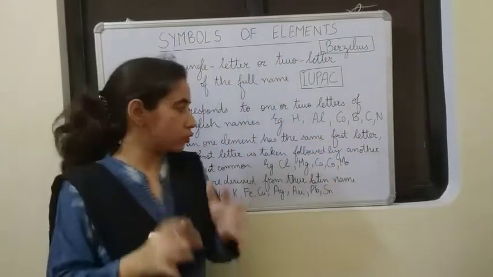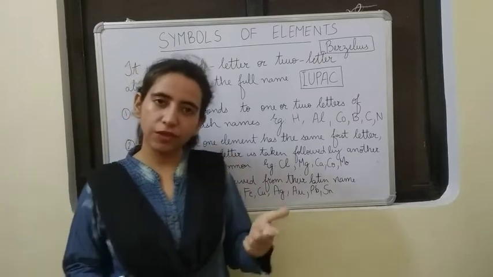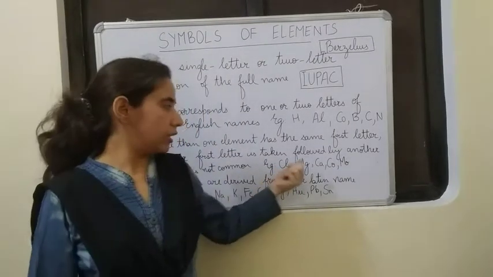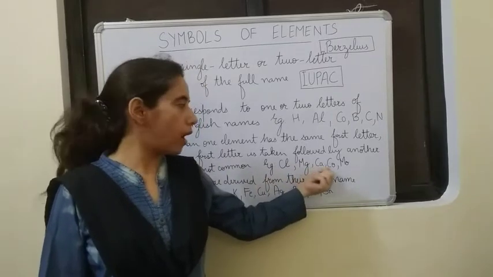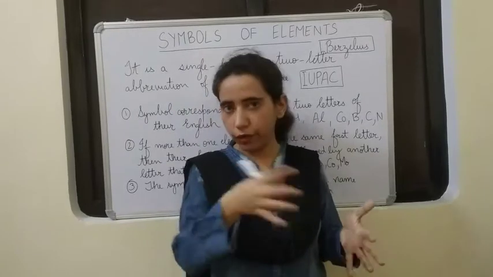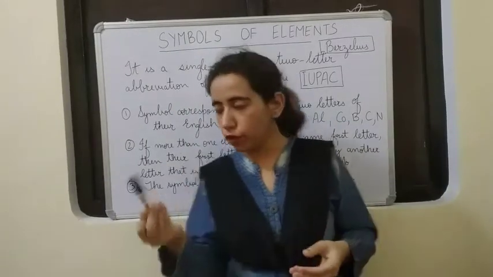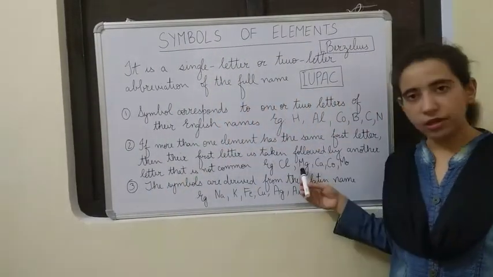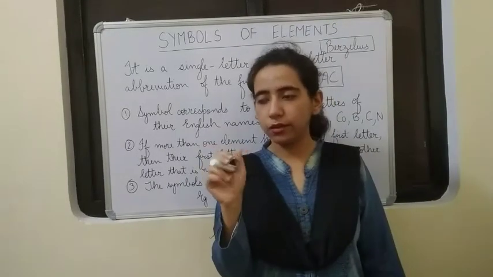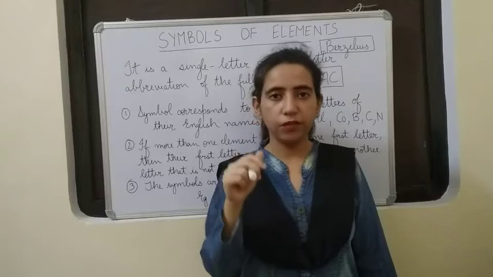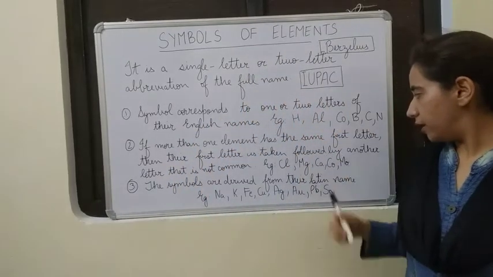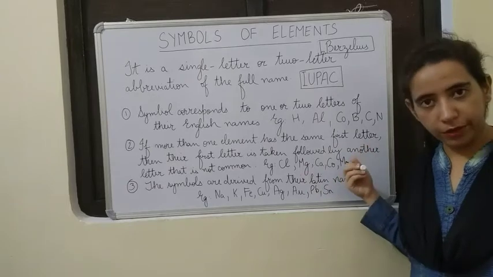Okay, so that is to avoid confusion, because with C we have got so many elements. Cl is chlorine, then calcium is there, cobalt is there. So in this way you see we have got different symbols for different elements. Then a few more examples of such kind are magnesium, Mg, although by spelling it would be Mag, its symbol is Mg here. Then Mo stands for molybdenum.